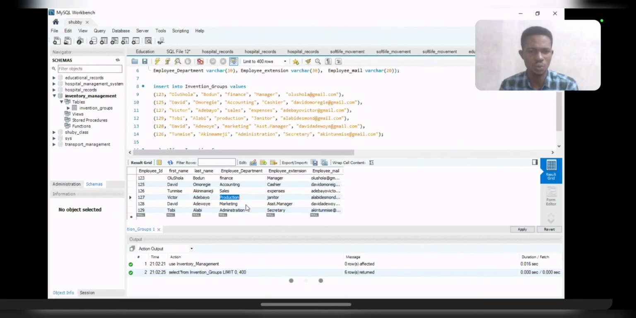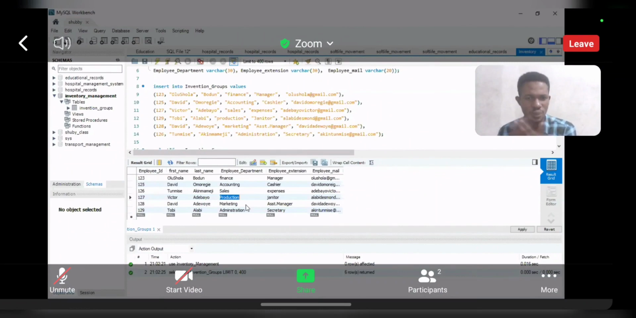And then we have the fourth row of the employee's ID, which is 127, whose first name is Victor, the last name is Adibayo, and the employee's department is production. The employee's extension is the janitor, while the employee's mail is alabidesmond@gmail.com. We have the fifth row for the employee's ID, which is 128. The first name of the employee is David. The last name is Adebayo. While the employee's department is marketing, and the employee's extension is the assistant manager. While the employee's email is